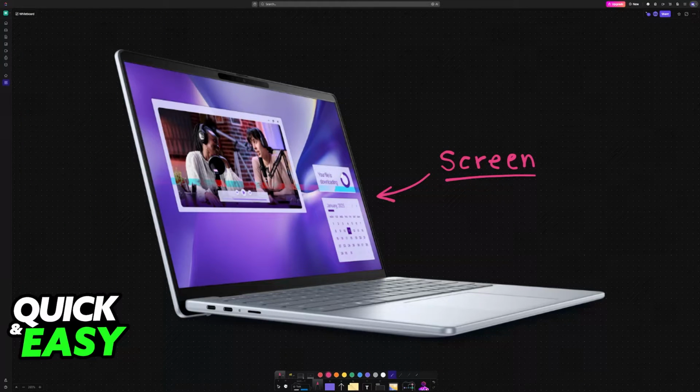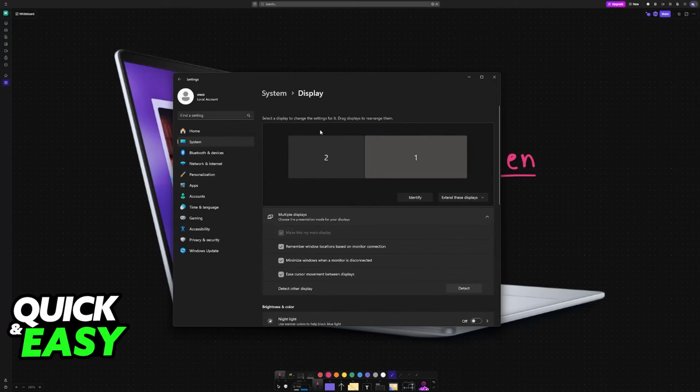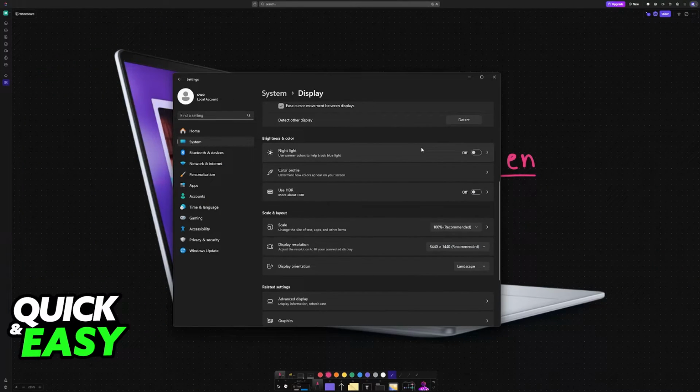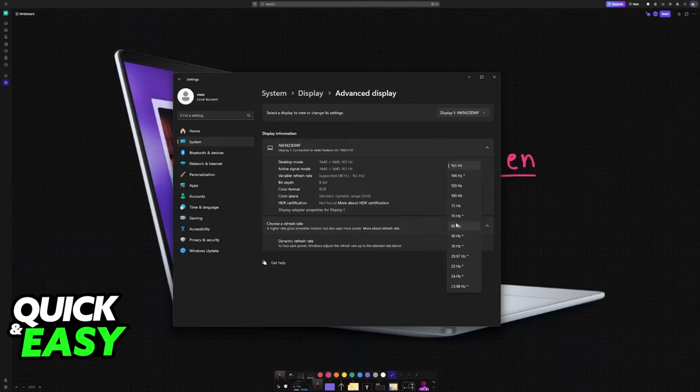So to start, within Windows itself, go into the settings, and what I recommend that you do here first is to look for display. So look for display settings, then you will see only one display. Scroll down until you find advanced display, and in here change the refresh rate. Usually it is recommended to use the highest refresh rate that you can. So if you are set to something like 48, bump it up to 60, 75, 120, whatever the maximum is